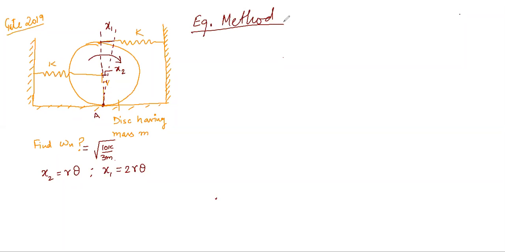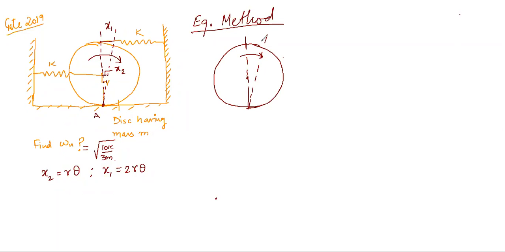In this equilibrium method, as per D'Alembert's principle, if a body is going to rotate clockwise, then we first need to identify the restoring forces acting on this particular body. So suppose this is a body, and this is the point of rotation, right? And you have given a very small displacement,